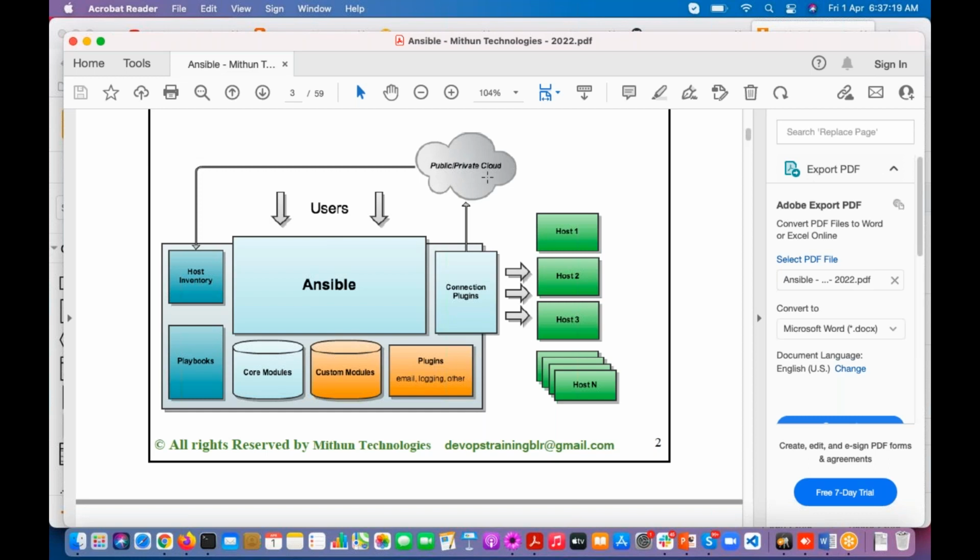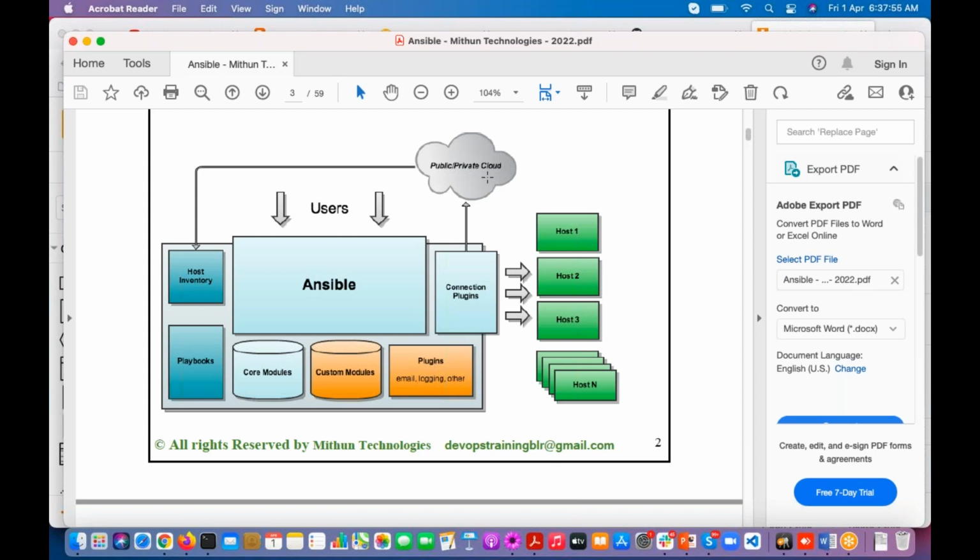Public cloud means anybody can access it. See, in our servers, suppose I have created one server, right? If it is a public cloud, anybody can connect. Right now, whatever servers we are using are created in the public cloud. Anybody can access it, right? You can also access it, and I can also access it.